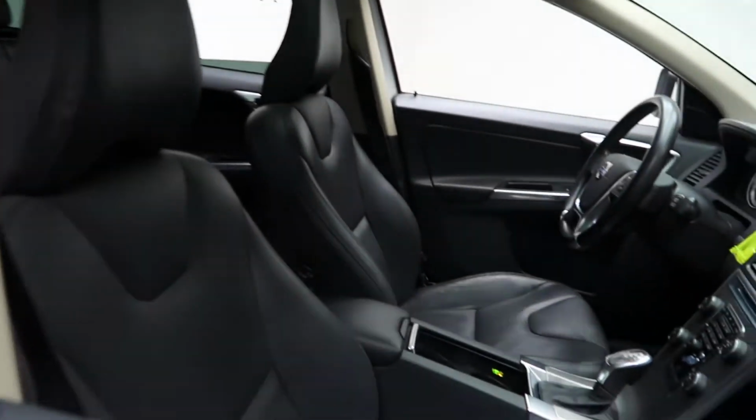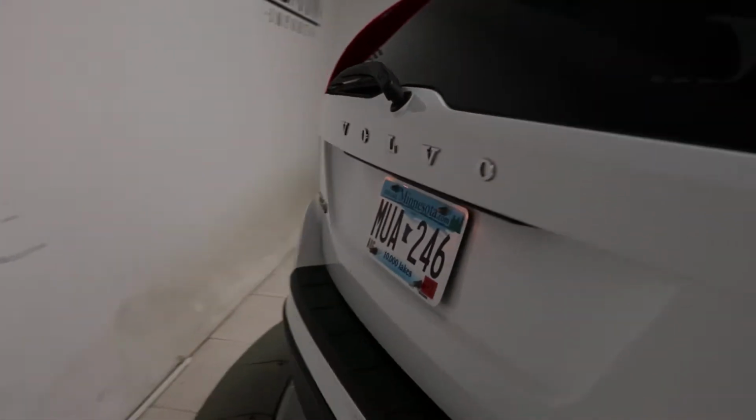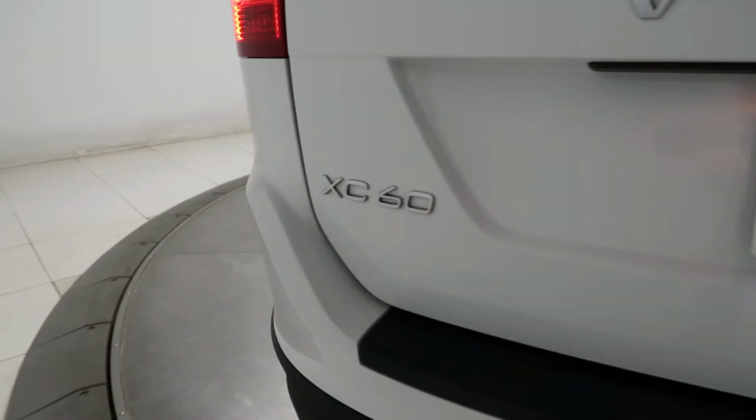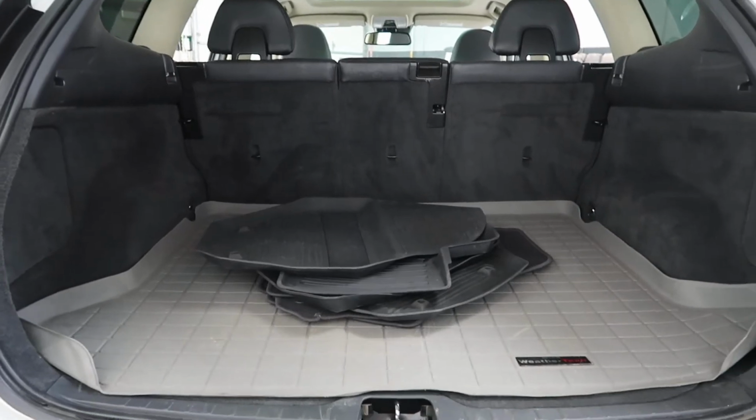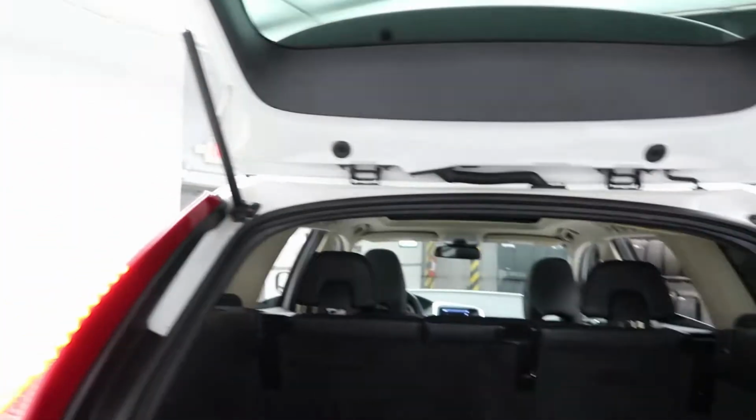Black leather interior. Panorama sunroof. XC60 Volvo all-wheel drive badging. Open up the tailgate, we got a clean set of all-season and regular floor mats, fold-down rear seats,